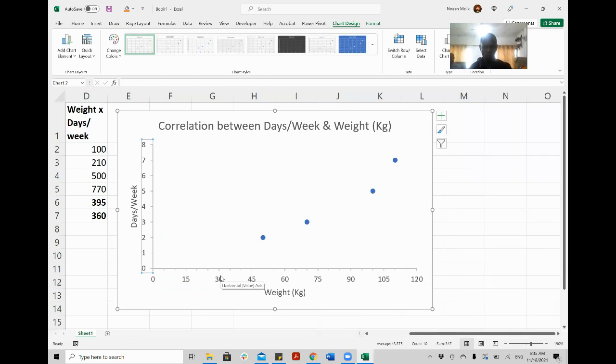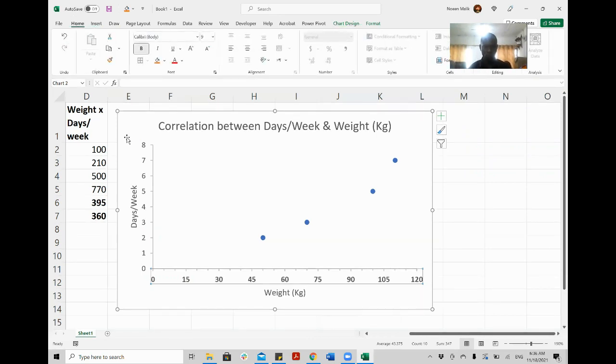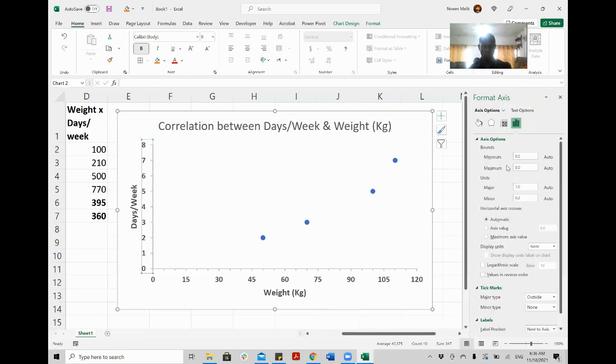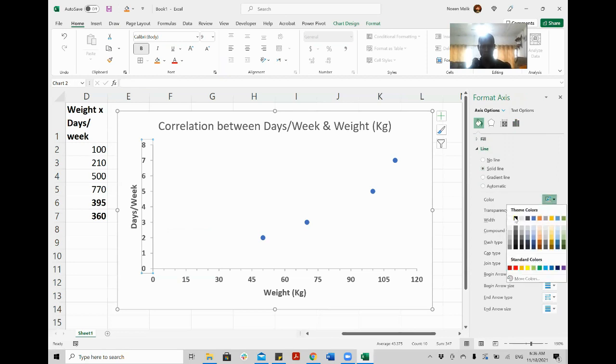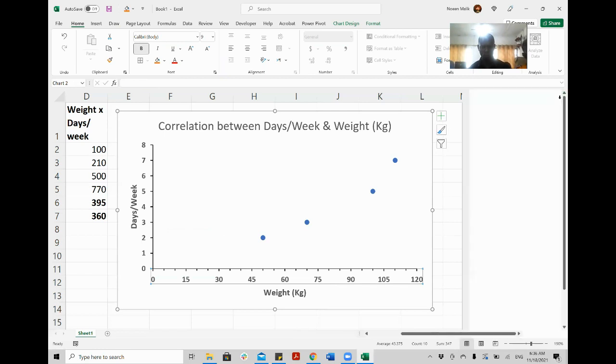Then what else I want to do is make it beautiful. You can make it bold, you can make this axis also bold if you like. For me, the whole purpose is to show you how to calculate the things. You can even select this axis and change the color of the line if you want. This is in the paint tool. You see line, and in line, where it says outline color, you can choose black if you want, and it will turn into black. Same way here, black color. But that was not the purpose.